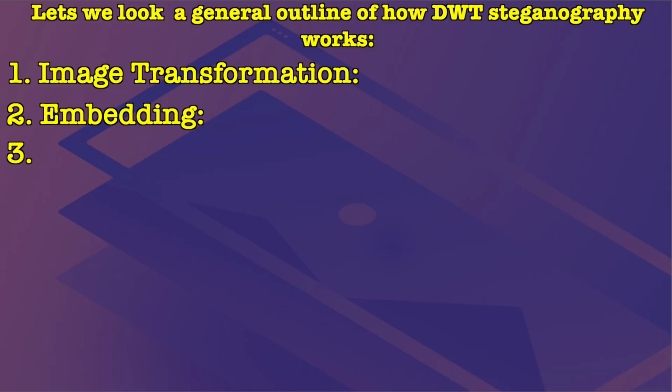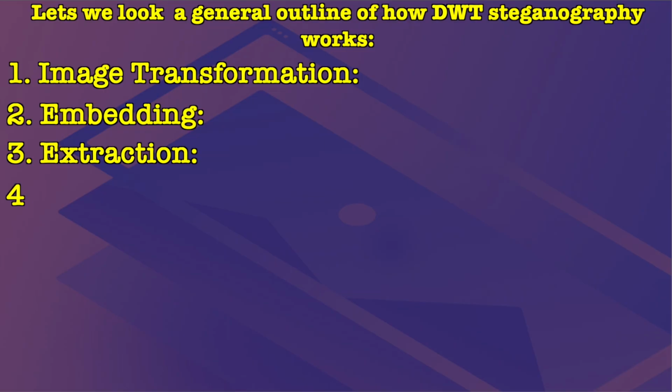So, the third step is extraction. To retrieve the hidden information, the recipient applies the reverse process. They transform the steganographic image using DWT and then extract the LSB of the wavelet coefficients at the specific level where the information was embedded. And the last method is DFT,